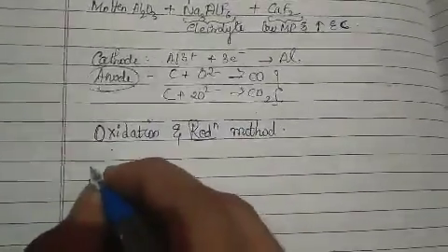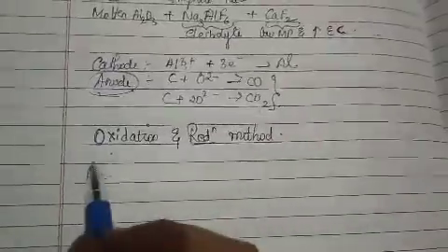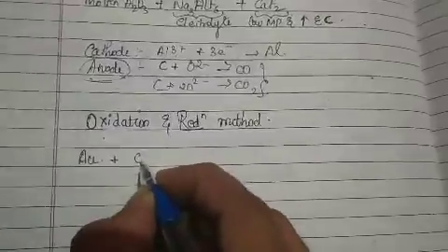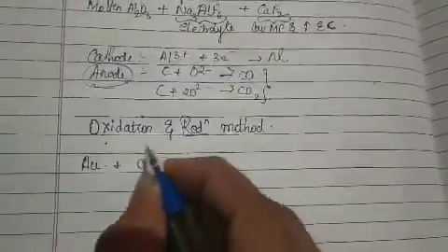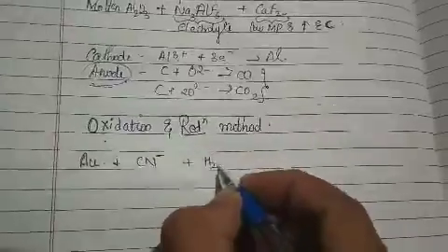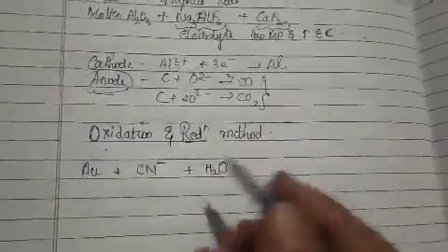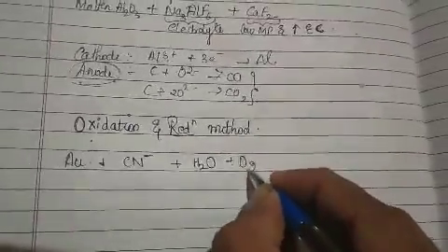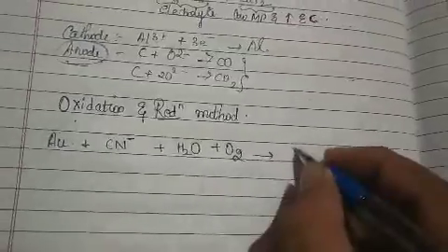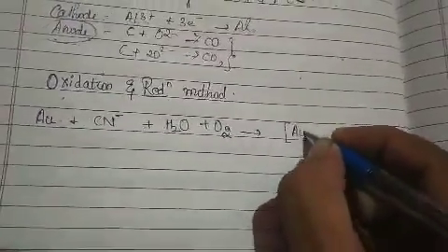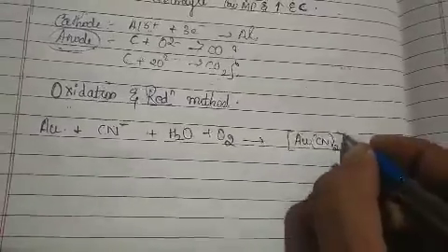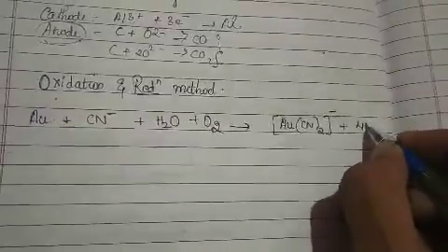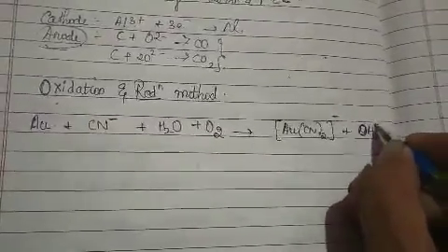So basically what is happening, first the gold ore, of course it's an ore I have taken, it is having some impurity. First it is treated with a dilute solution. Solution means of course you will also have water, a dilute solution of potassium or sodium cyanide. I am writing the ionic equation in the presence of oxygen. So what you are going to get, a cyanide complex,